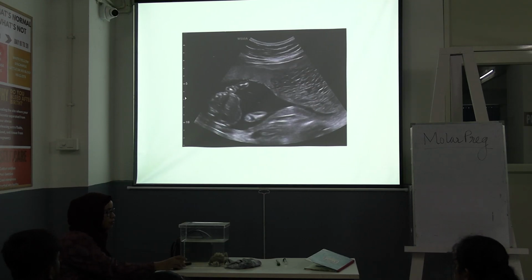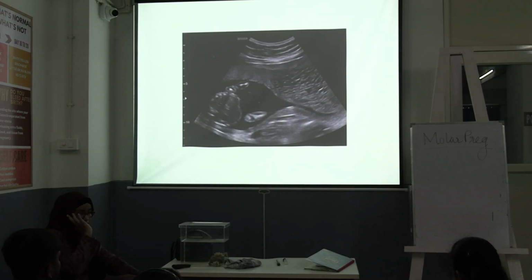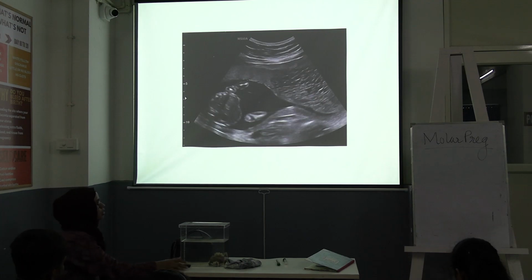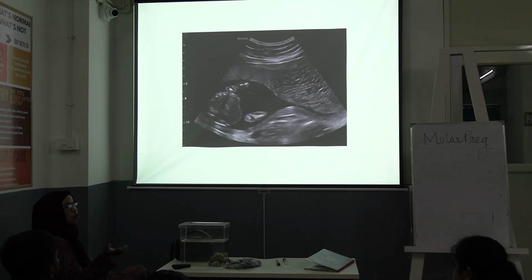The beta HCG level will be more in which case, partial mole or complete mole? There is abnormal proliferation of the trophoblast, so there is excess production of beta HCG. In which case is the abnormal proliferation more? Complete mole. That's why the beta HCG level will be more in the complete mole and less in the partial mole, but in partial mole the beta HCG level will be more than in normal pregnancy. That's the diagnosis point.